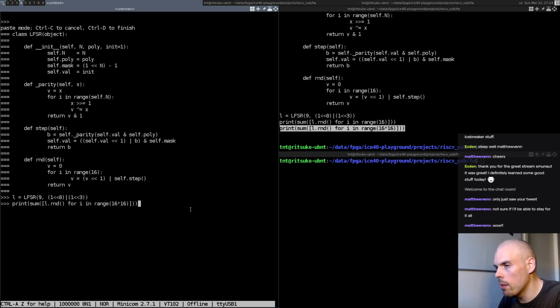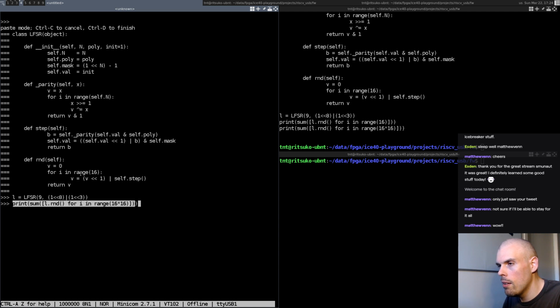The port is really basic, so I don't have an implementation for time or anything like that, so I can't use it to benchmark itself. I'm just gonna run that statement, which basically generates 256 random numbers using that LFSR running 16 steps, and then it sums all of them,